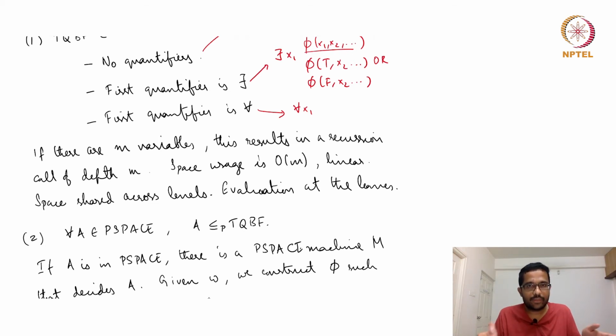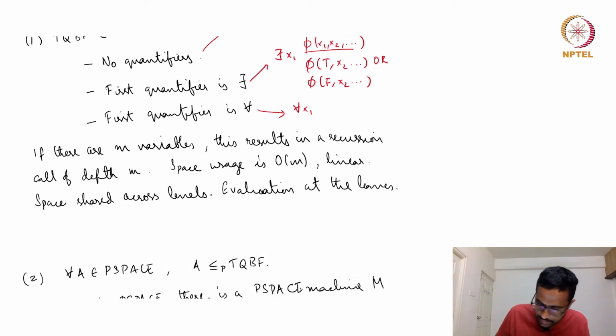So we will just have a Boolean equation of constants, which can be evaluated, and then at the end all these branches have to be combined. Like existential means any one of the choices should be true. All this can be done at the top level. So the space usage is order m because there are m items to be remembered at most. So again this is the high level idea,